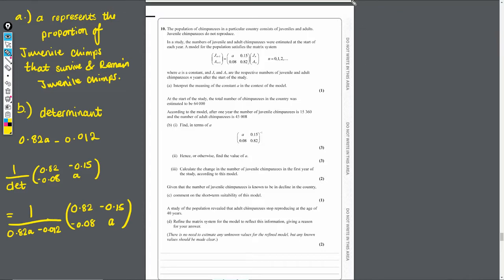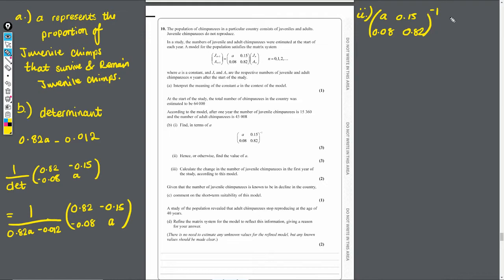B part 2, hence or otherwise find the value of A. So it's a hence or otherwise question. What that suggests is that the previous part of the question will be helpful for solving this. We're going to use this information that they give us now. So using the inverse, if I write down the inverse, A, 0.15, 0.82, the inverse of this matrix, and I times it by these population figures that they give us, 15,360 and 43,008,